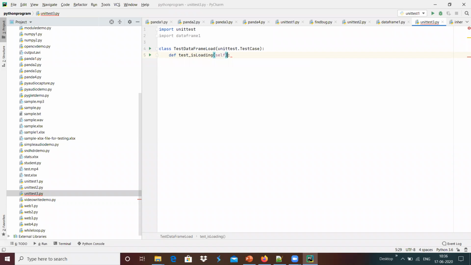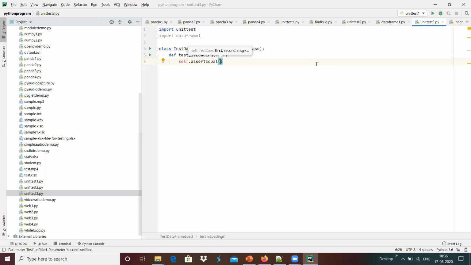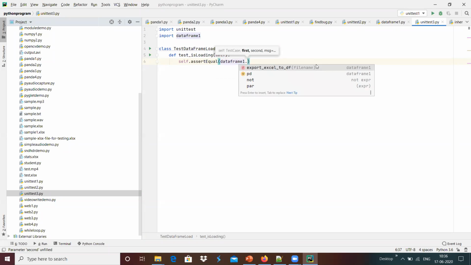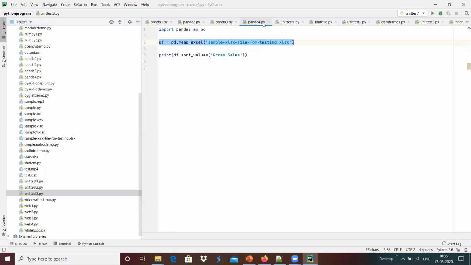I'm going to do self.assertEqual, where we can have data frame 1.export excel to pdf, with the operation name and the file name, which I'm going to give as sample1, to check whether it has been able to load or not.